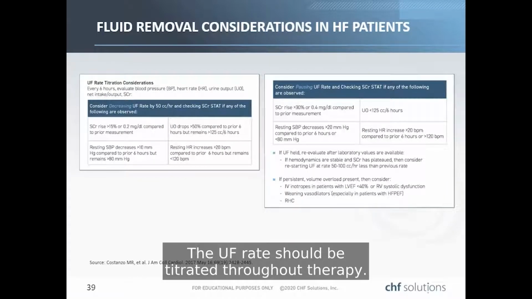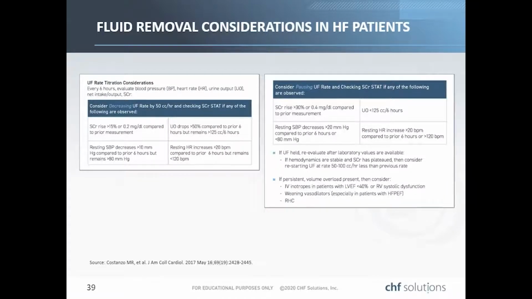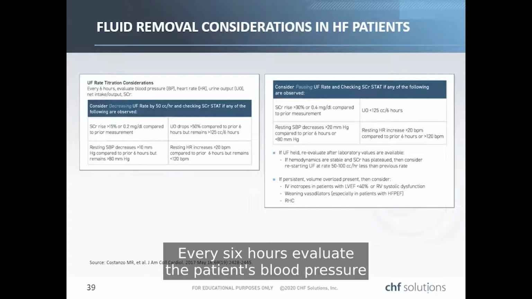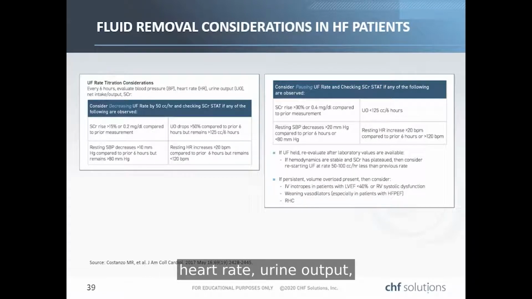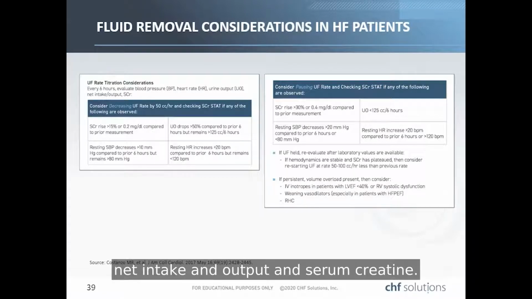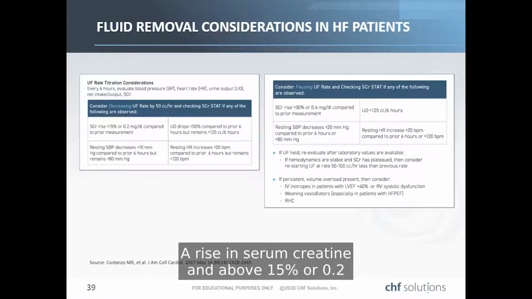The UF rate should be titrated throughout therapy. Every 6 hours, evaluate the patient's blood pressure, heart rate, urine output, net intake and output, and serum creatinine. Consider decreasing the UF rate by 50 if any of the following are observed: a rise in serum creatinine above